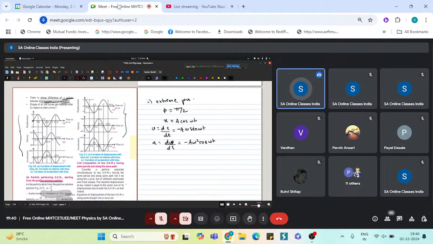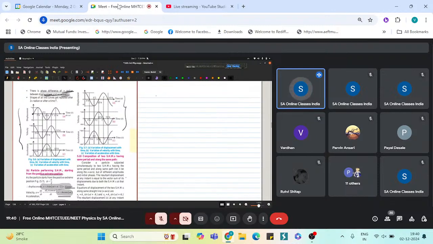So we'll move on to the next section, which is quite an interesting section, and you also get a lot of competitive exam questions on this part. So the next part is essentially composition of two SHMs having same period along the same path. What that means is